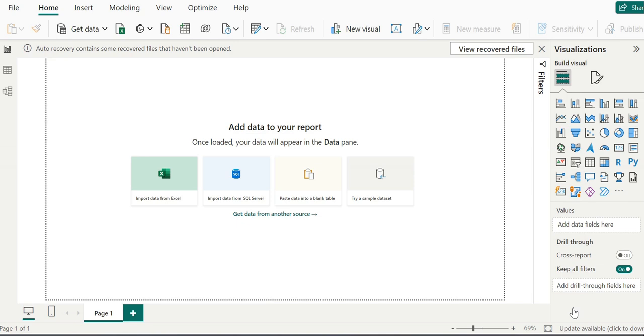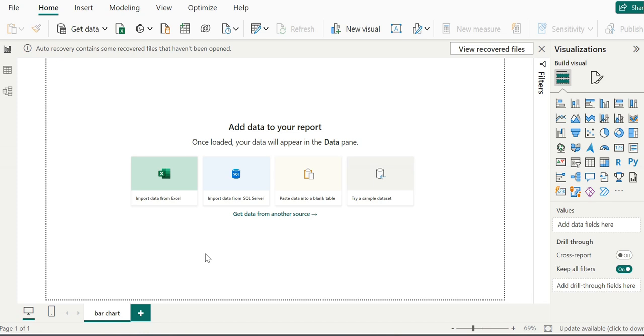Now this report consists of Page 1 here, and we should change its name to something a little more descriptive. So to change the name, we will just right click, and we will see the options Duplicate Page, Rename Page. We will select Rename and we will put the name bar chart. So now we have changed the name.